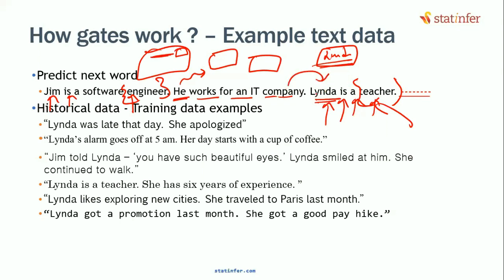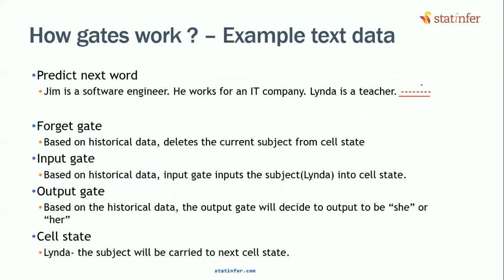Where does that change happen from the subject from here to here? The cell state got updated. The subject now will be Linda until we change the subject, isn't it? Okay. Let us see, to predict this one, what should be the